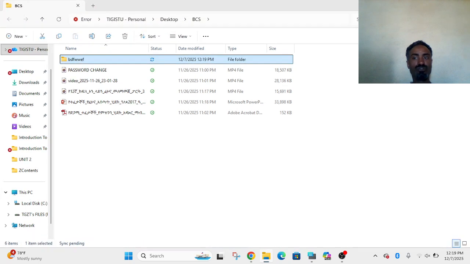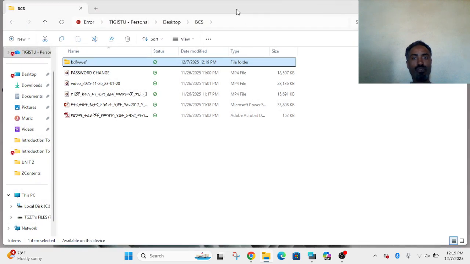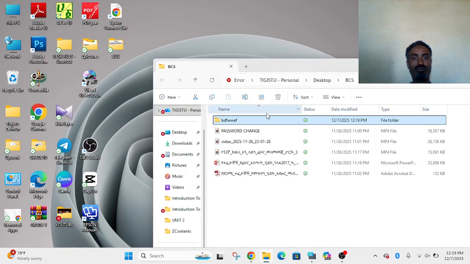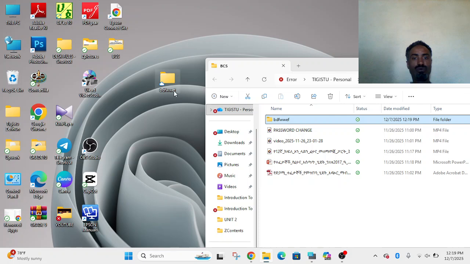On both places, the PIT is on the desktop and the PIT is also under the BCS folder. It is duplicated now, using the control key.